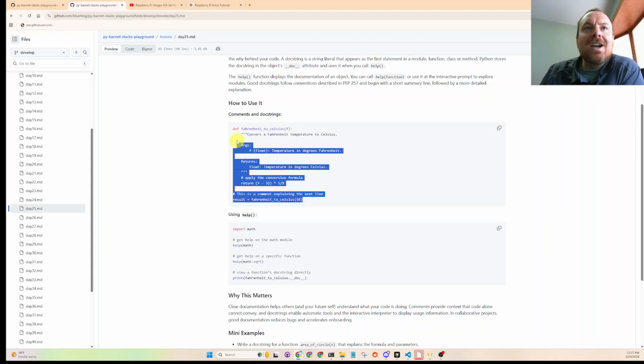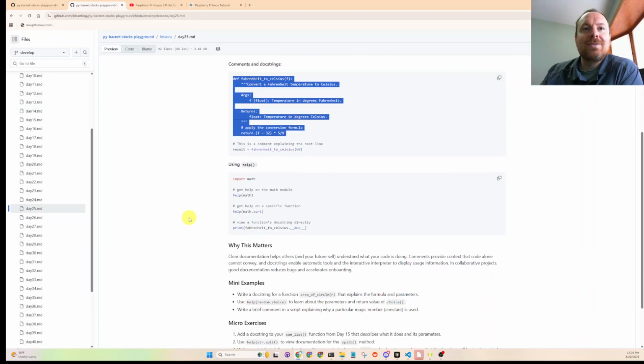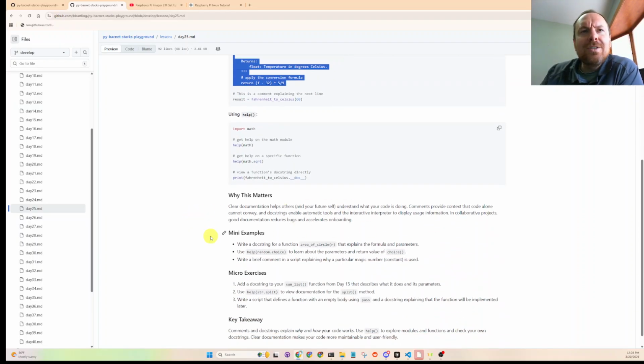If you see AI generated course content or AI generated code, it's a ridiculous amount of comments, and it almost makes it unreadable. Okay, clear documentation, mini examples,